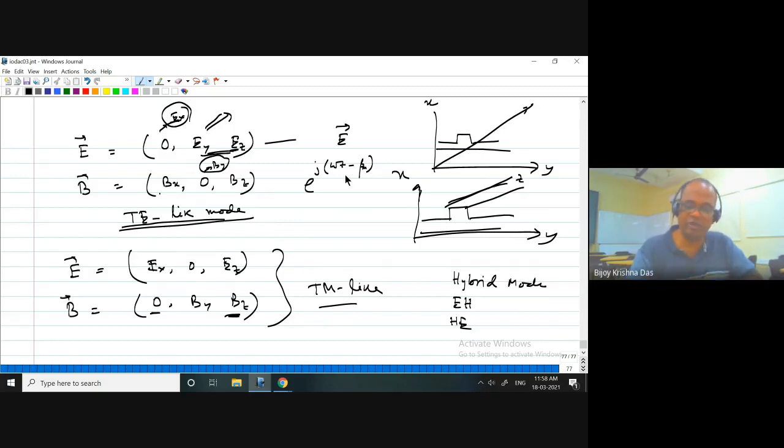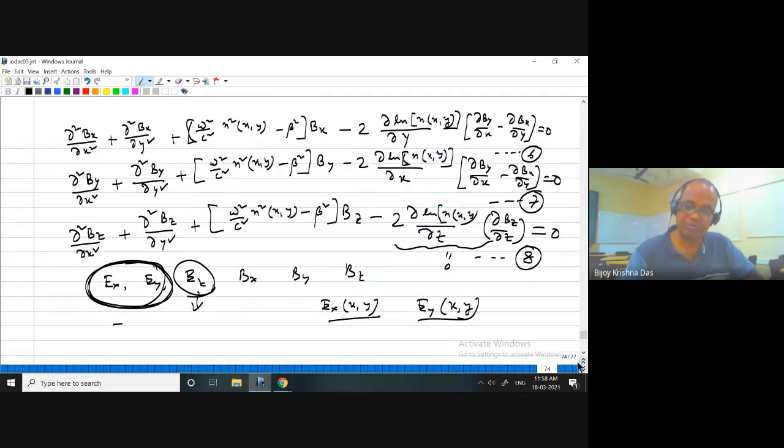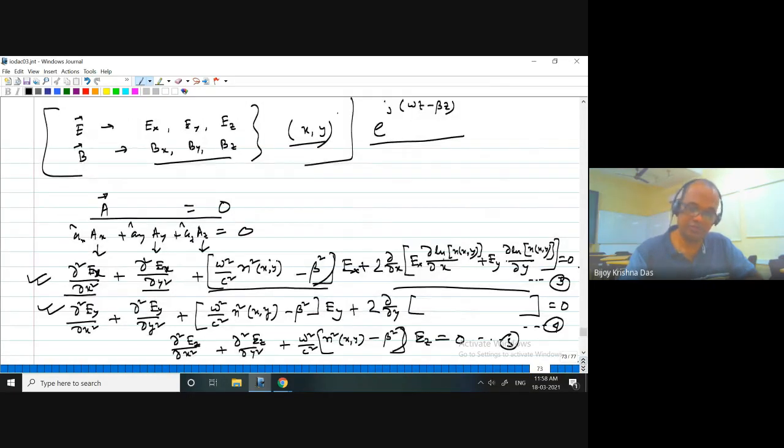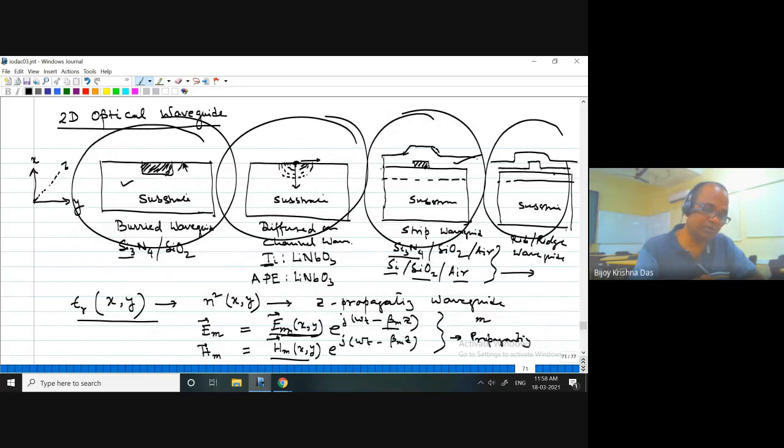Normally it is very difficult because you cannot just solve this vector wave equation considering some arbitrary refractive index profile. So we just define this vector wave equation. When I have a dielectric profile that is arbitrary, you cannot have a certain kind of equation. They are actually technology driven, technology dependent.